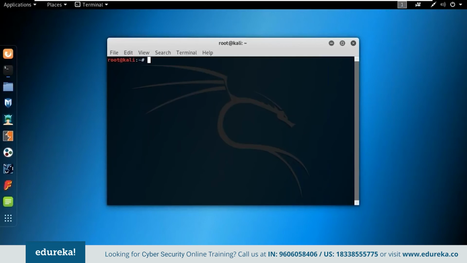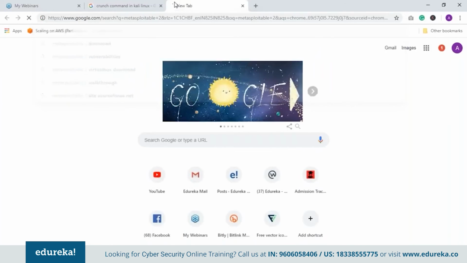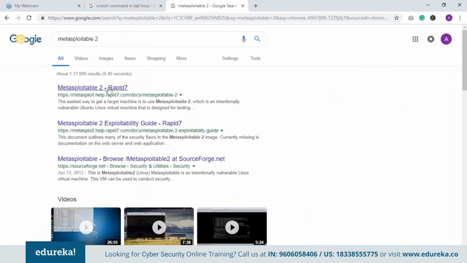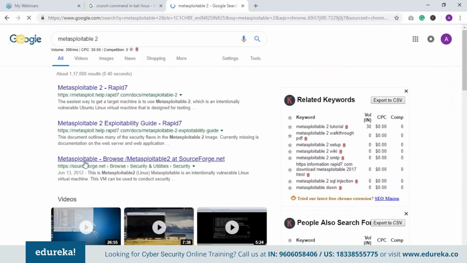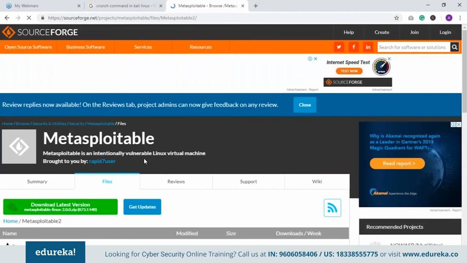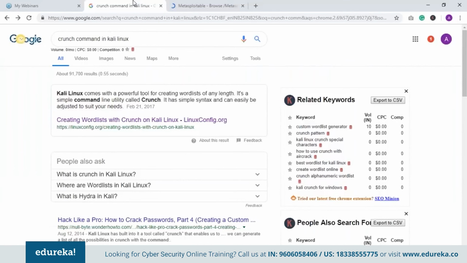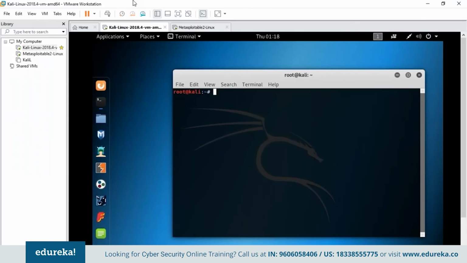So guys, as for today's session, I'm using another virtual machine called Metasploitable 2. Let me just show you how to install it. You can just type Metasploitable 2 and you have this sourceforge.net. You can click on that. And here you get a zip file. You can download it, unzip it and store it in the folder where you have stored your Kali Linux. So yeah, once you've done that, let's go back to virtual machines. I've already done that and I have Metasploitable powered up.